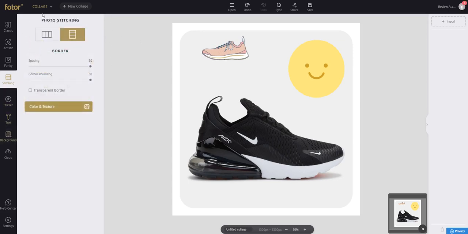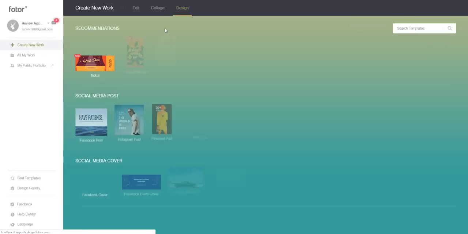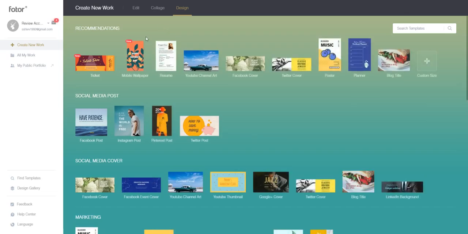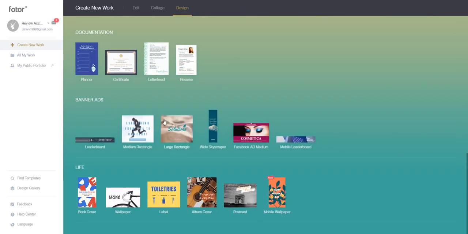Now we saw the edit function, we saw the collage. Now we are going to the design. We exit here, it will open the design, and that's another part of it. Templates, we got templates, ready templates made for marketing, events, documentation, banner ads, live, and there you have it. Obviously there are different things, so if you want to work out, for example, with a Facebook ad, you'll click here